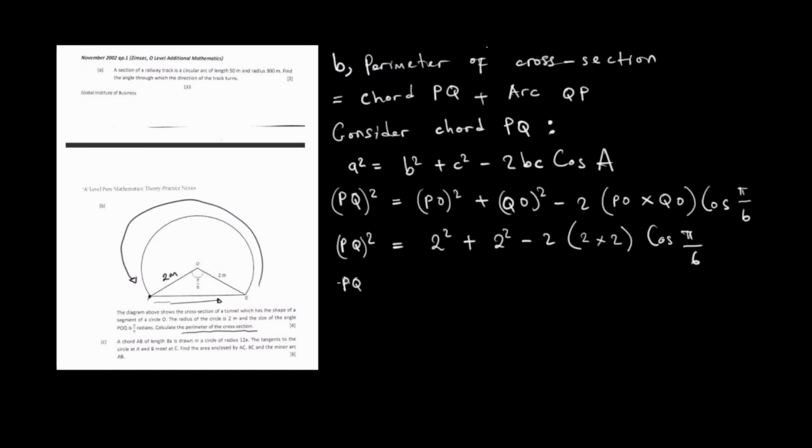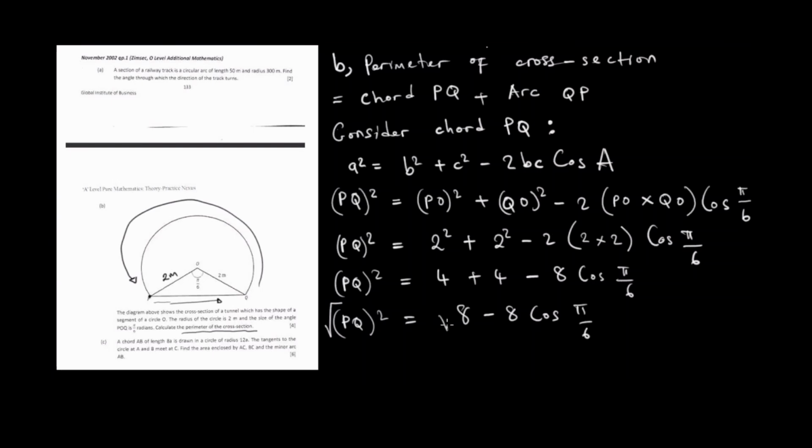So PQ squared is equal to 4 plus 4 minus 2 times 2, 4 times 2 is 8, so it's minus 8 cos pi over 6. Meaning PQ squared is equal to 8 minus 8 cos of pi over 6. If we take the square root of both sides, we see that PQ is equal to the square root of 8 minus 8 cos of pi over 6, which